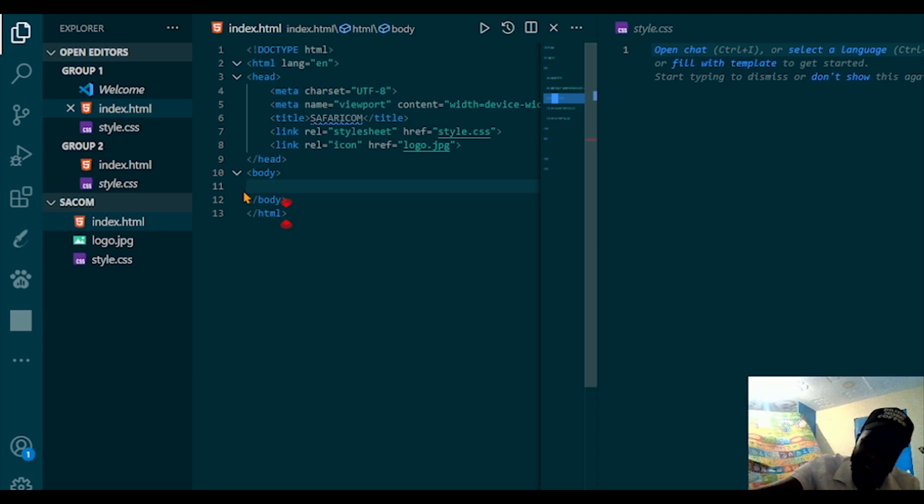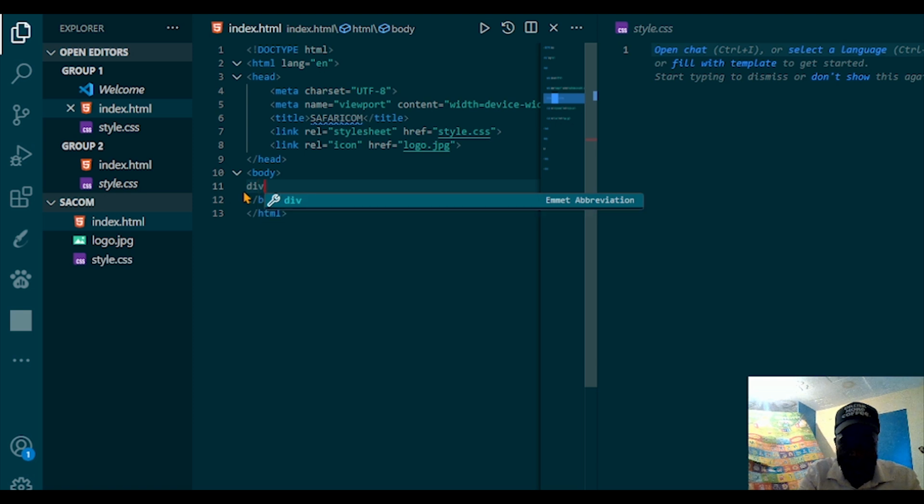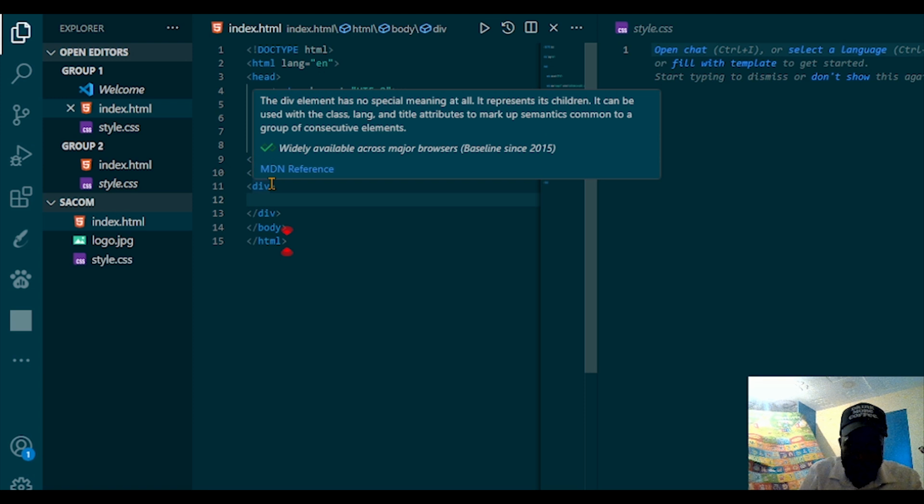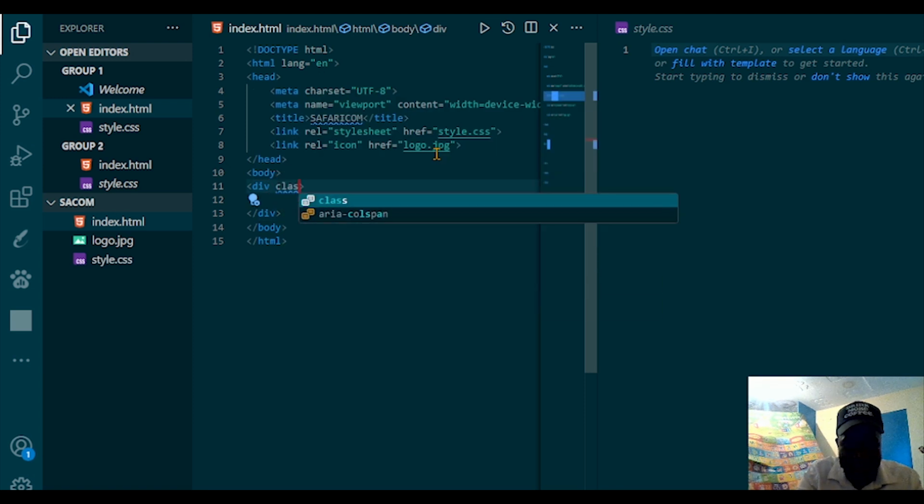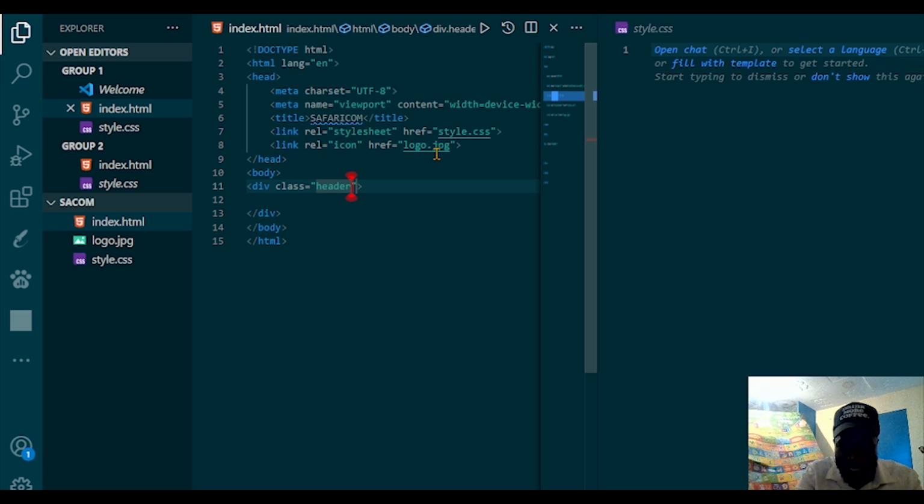So that was a very good explainer. So we will open a div to open a container for the body. So div, we will open a div and name this div header, class header. If you're using class, then automatically that means you are using external CSS. External CSS means you are using CSS that is saved separately from HTML. So as we did,